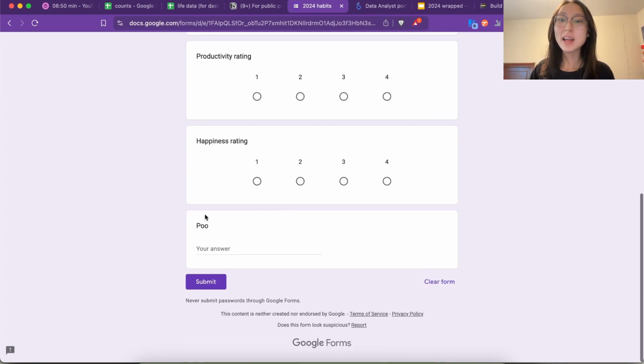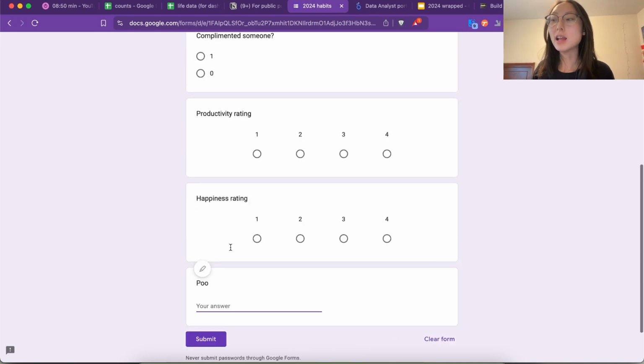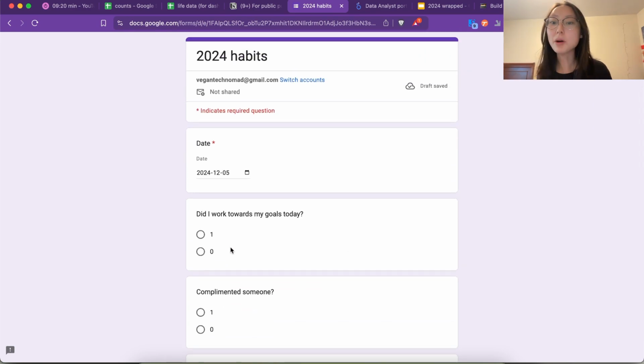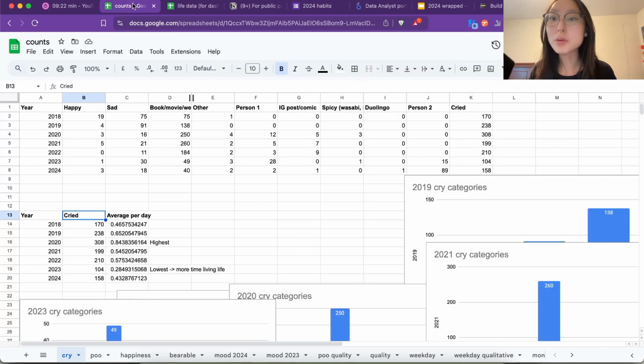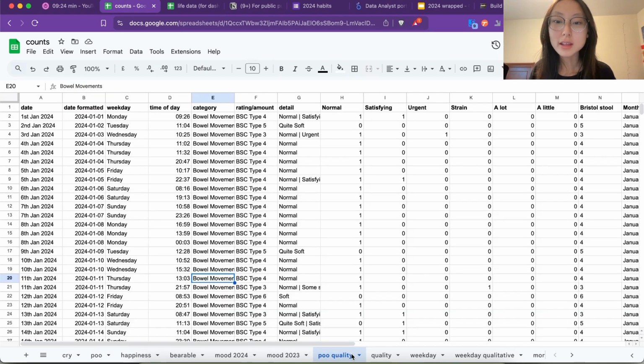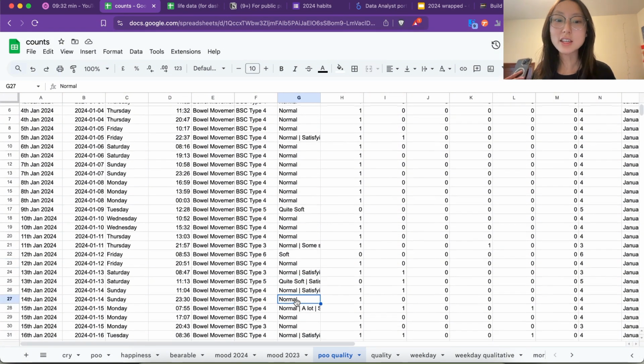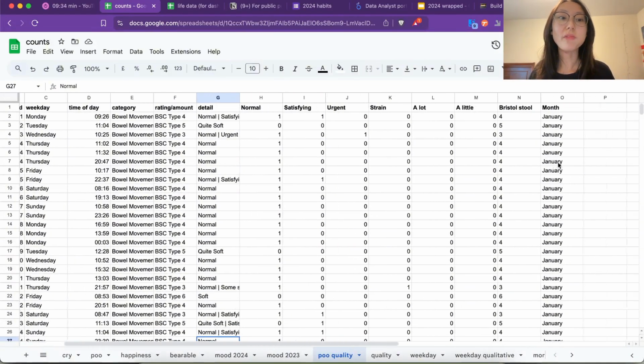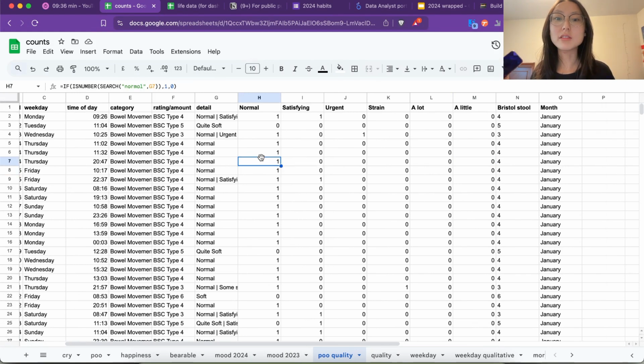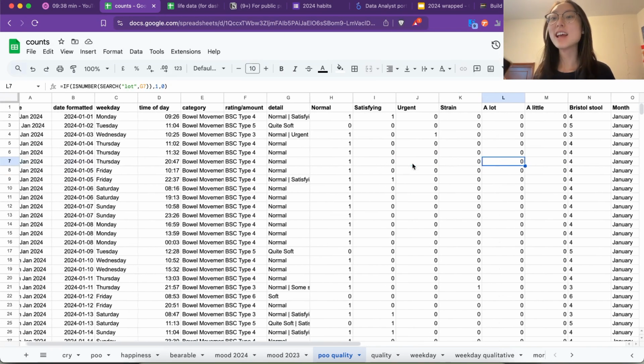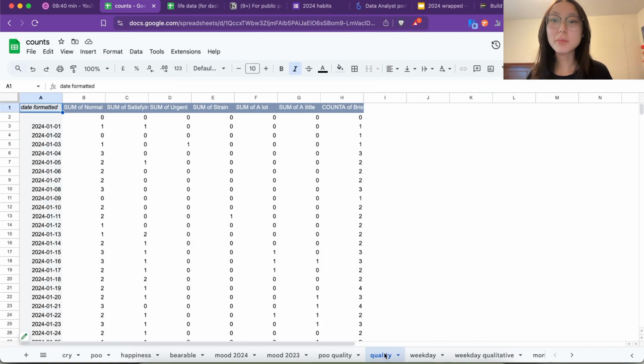Basically, I have my poo count here, but I literally already have an app on my phone that logs not only the poo count, but like the quality and stuff. So like it gets me to show what poo type it is according to the Bristol Stool scale, like if it's normal, soft, satisfying, etc. And then all of that. Like I had to Google how to do all these formulas so I could properly put them in this pivot table,